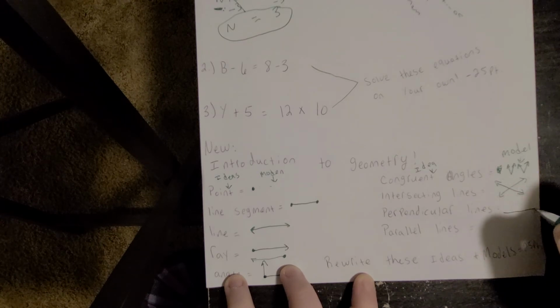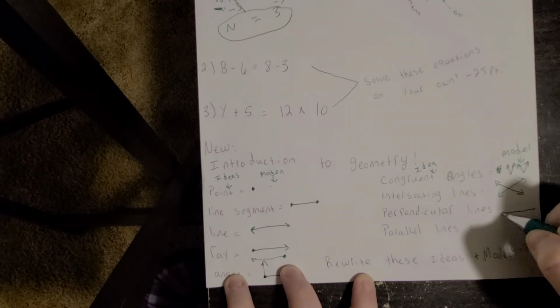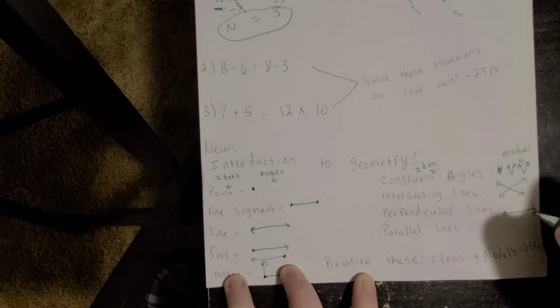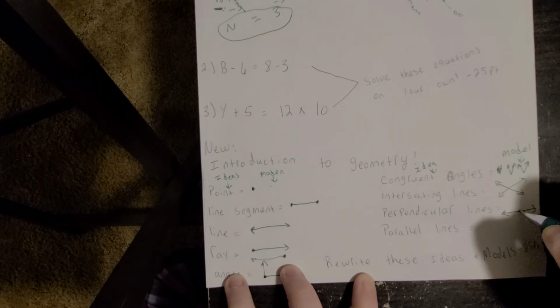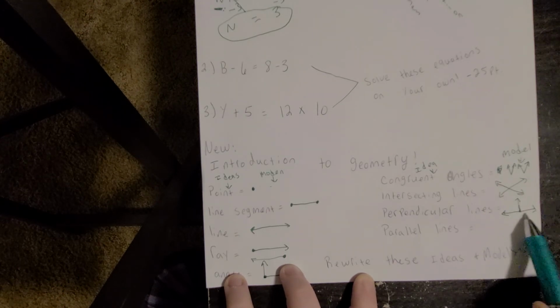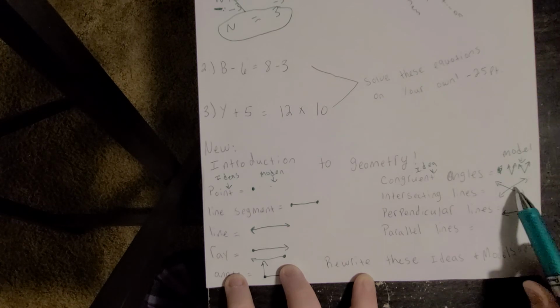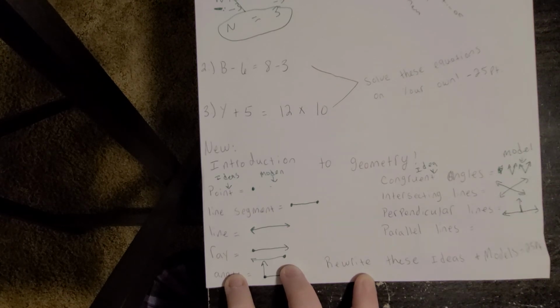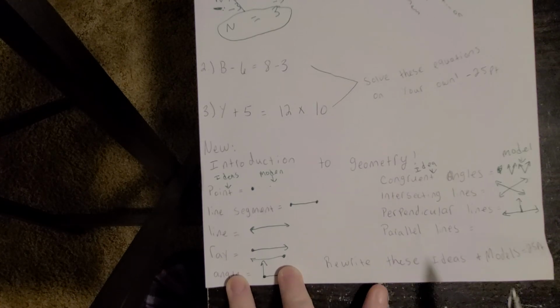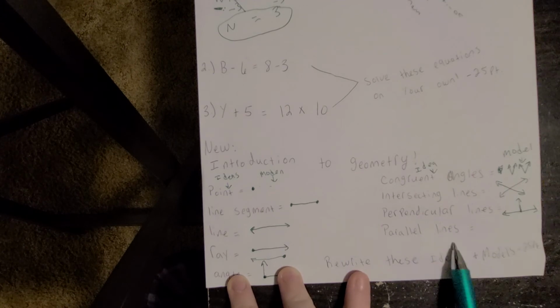They go in opposite directions, okay? One is a line and one is actually a ray because it has a stopping point, notice. Okay? We have a line connected to a ray. That is a perpendicular line, and they are pointing in opposite directions. They are opposite. Okay? And lastly, the last idea we're going to go over and give a model for is